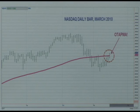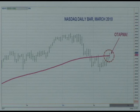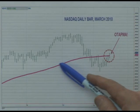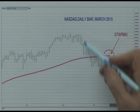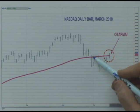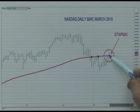Traders, what you are looking at is the NASDAQ daily bar chart, the March contract. Of course, each one of these green lines represents one day's trading. This is our OTAPMA, or Omni Trading Academy's proprietary moving average. This average, we got below, came back up, tested it, failed, got below, came back up, tested it, failed, got below, came back up,